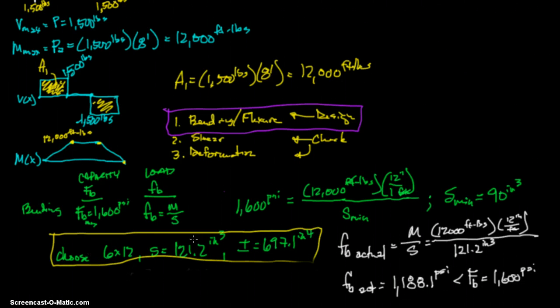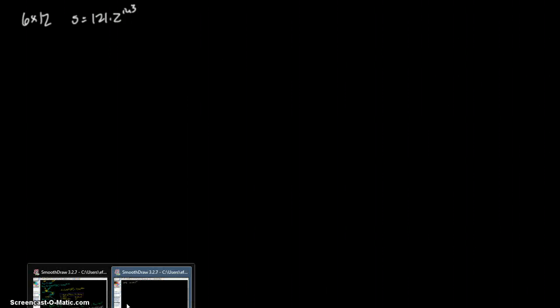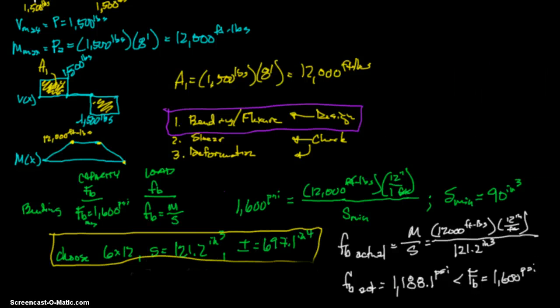We chose a 6 by 12, and it has an S of 121.2 inches cubed. And then we also had an I of 697.1